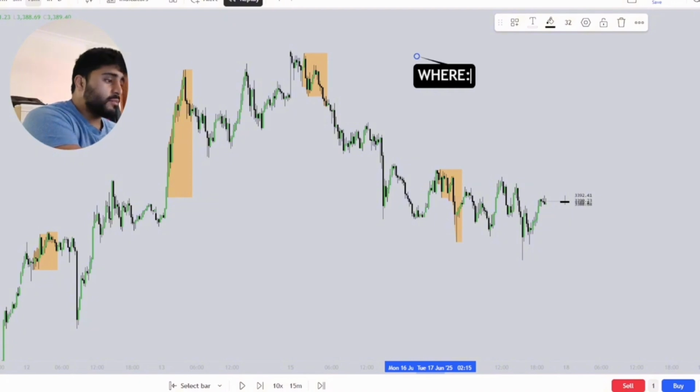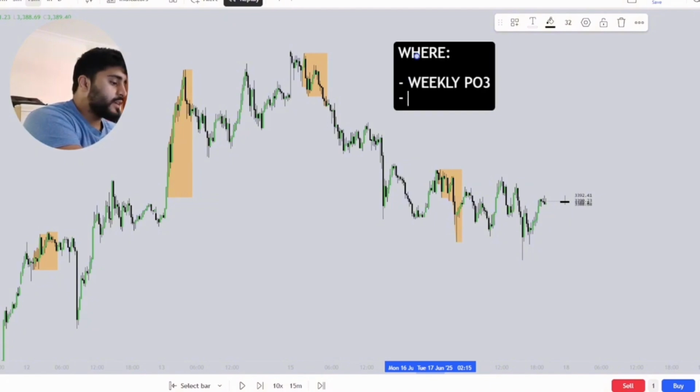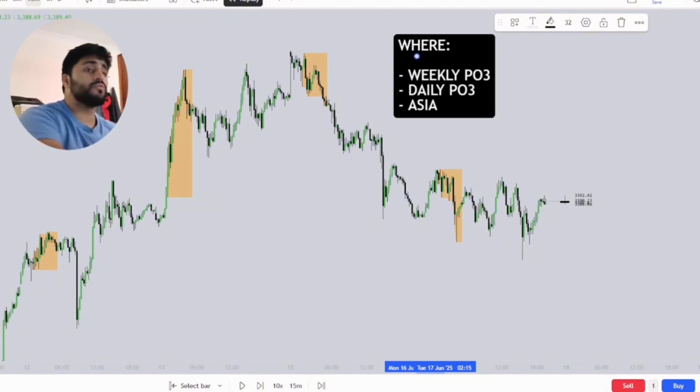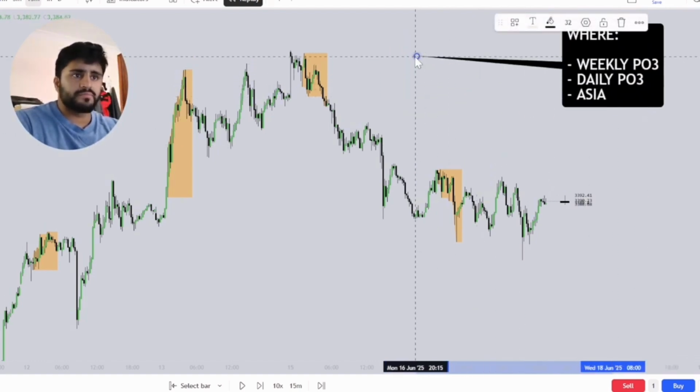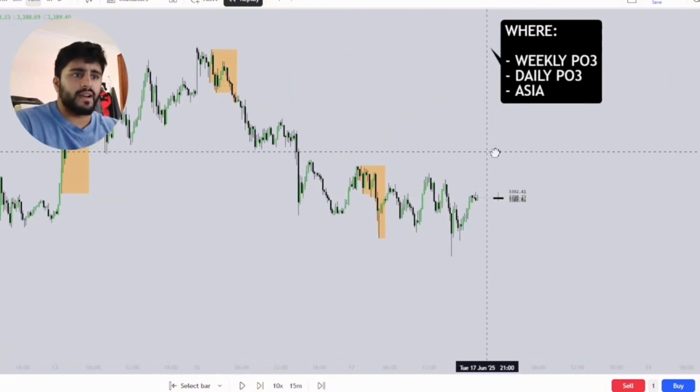So when it comes to the where, I'm looking at a few things. I want to look at the weekly PO3. I then want to look at the daily PO3, right? And then I also want to look at Asia. So these are the three things I'm looking for. So if we just take that to one side, what I want traders to look at now is the following